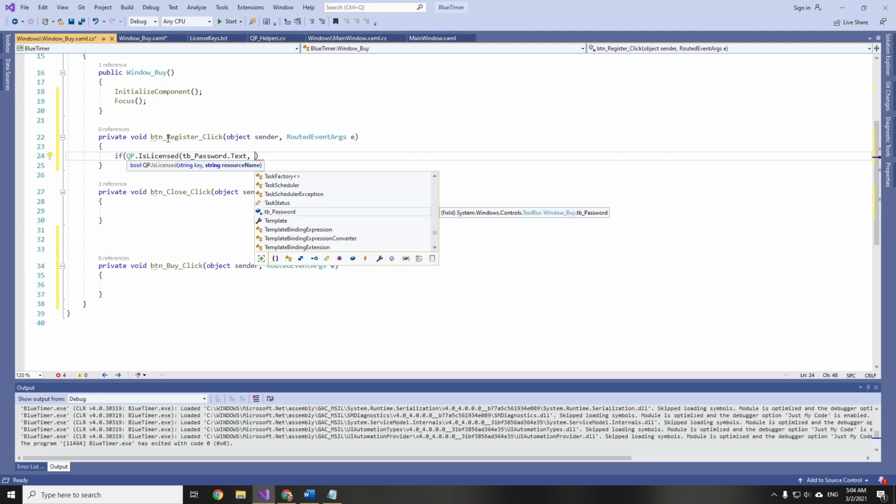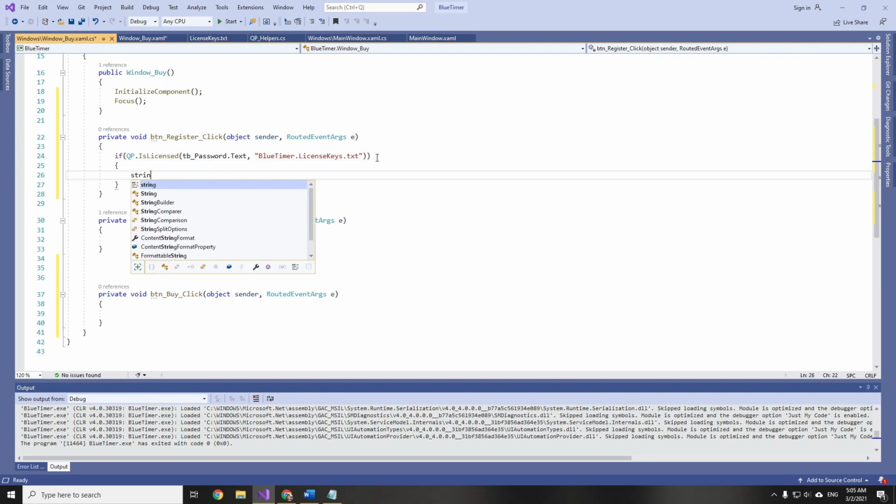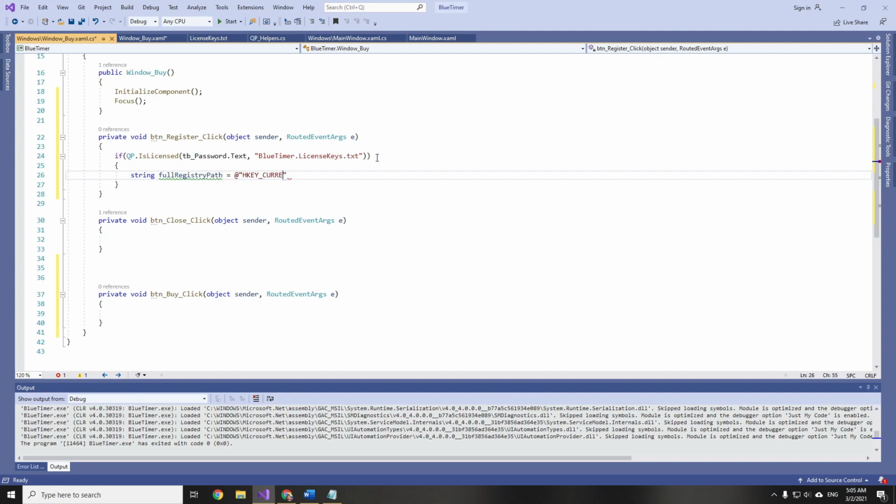and the resource name is going to be again the assembly name bluetimer and the file name license keys.txt. So here we again type string full registry path equals at hkey underscore current underscore user backslash software, and make sure that it is the same that you have written in main window.